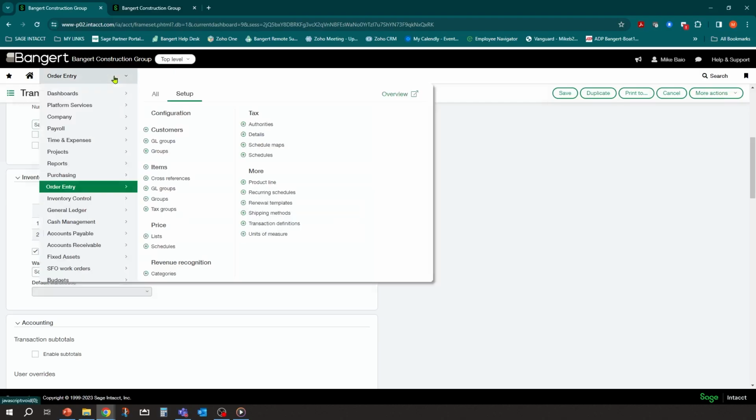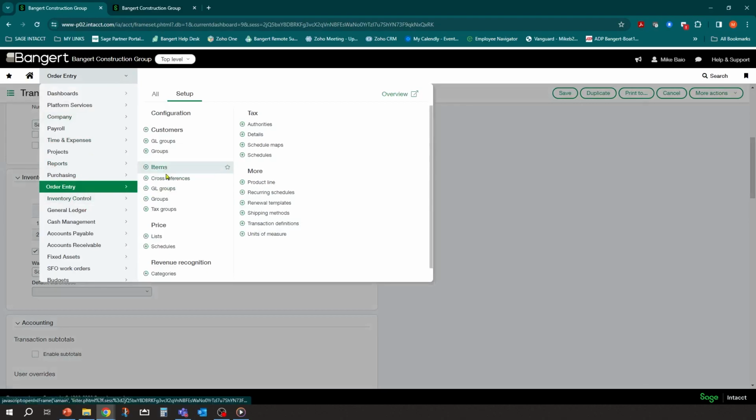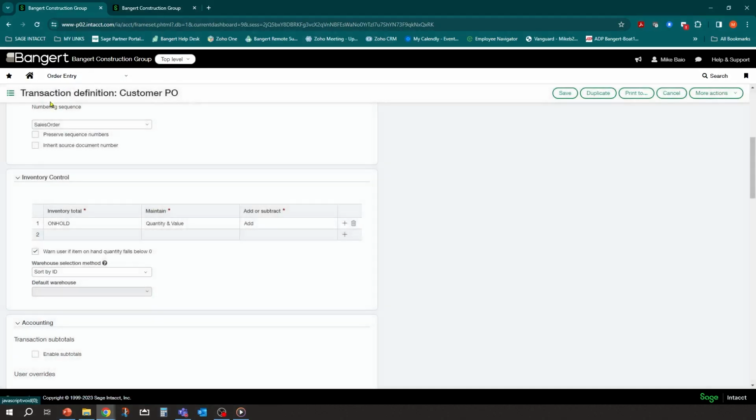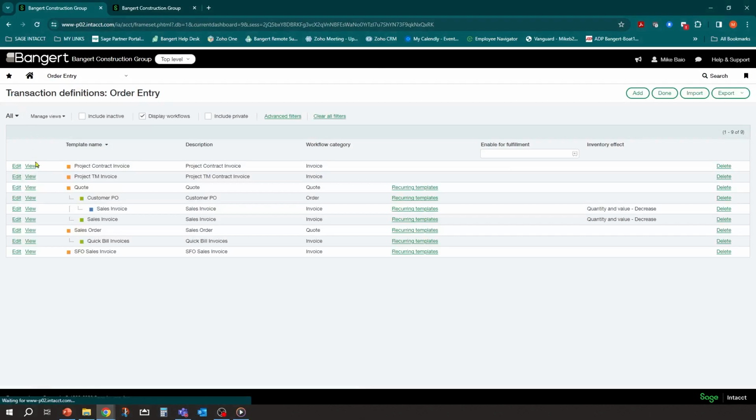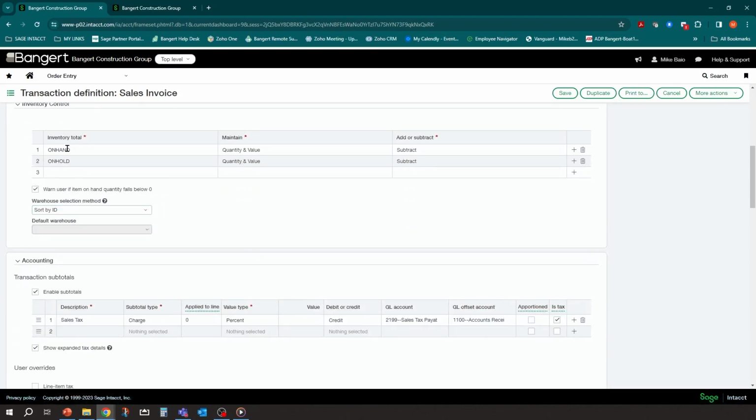Okay. And then when the sales invoice is created, right here, we're going to then reduce that on hold and reduce on hand. Okay. So that works on the order entry side.